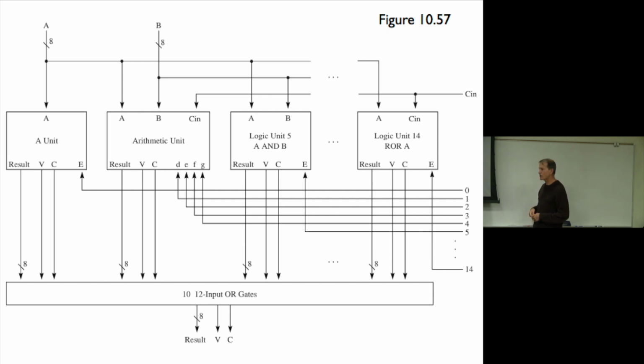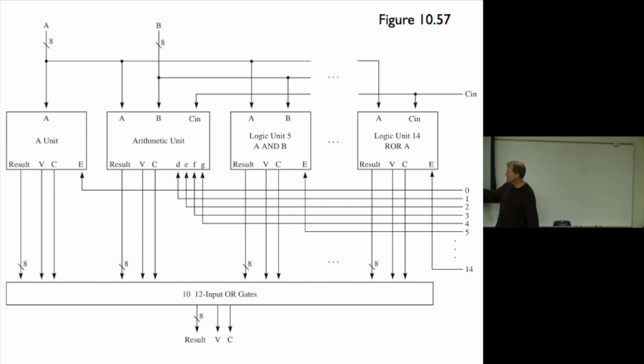Because what does the A unit have to do? Well, how many lines does it have coming in from the top? It has 8. So you're going to have these 8 lines coming in. And what do you want to have come out? The result. The exact same thing, because it passes A through. So it's just the exact same thing. But